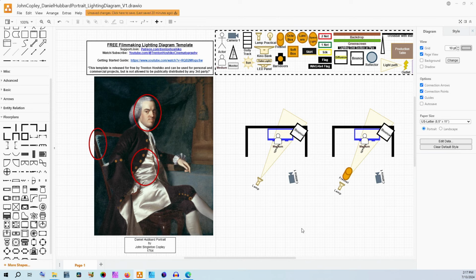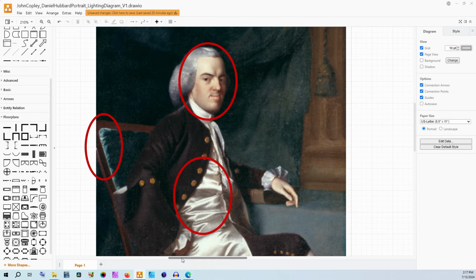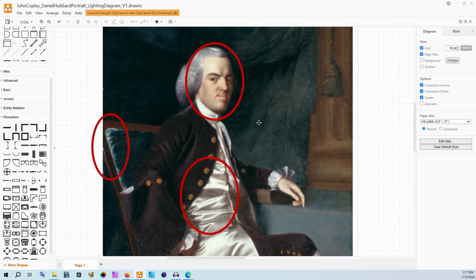Even your eyes, the actor's eyes, will have all those different kinds of catch lights, and you can kind of reverse engineer how a lighting setup might have worked for a type of scene. That's something that I love to do, and definitely one of the ways that I look at these types of paintings. Now, speaking of catch lights, just really quick,